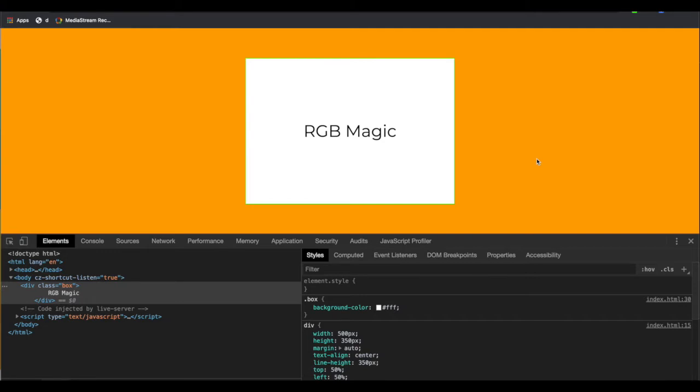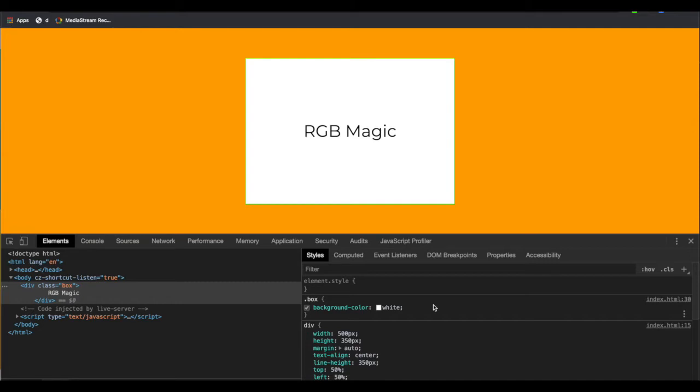I've given you this box you can see on the screen, and let's say I've given a background color of FFF. I'll tell you what this is. Instead of FFF, I can write white, and you understand that. So there are some predefined colors, like red, black, white, and so on. You can directly write those colors. But to write custom colors, we need to understand the RGB color coding.